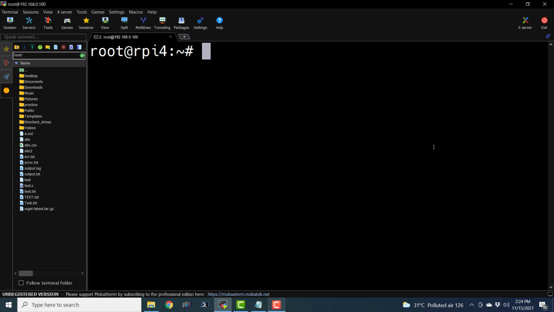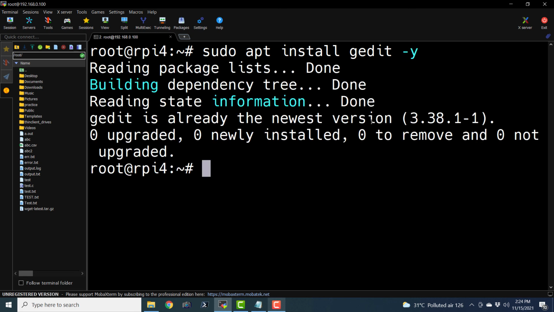We just need to have a graphical user interface program that can be invoked by a command. A popular text editor is known as gedit. So let us go ahead and install it. sudo apt install gedit -y. So it is going to install that gedit graphical user interface. Basically, it is a text editor and we can just invoke it with the command gedit, and I'm going to use an ampersand, so it is not going to block this command line interface.